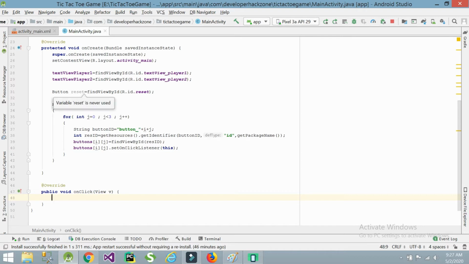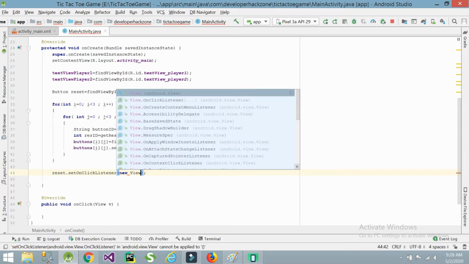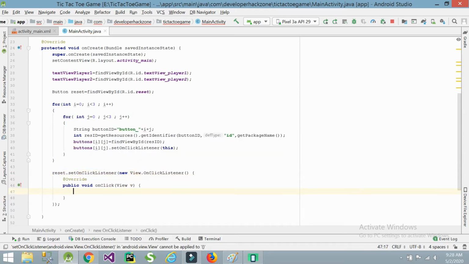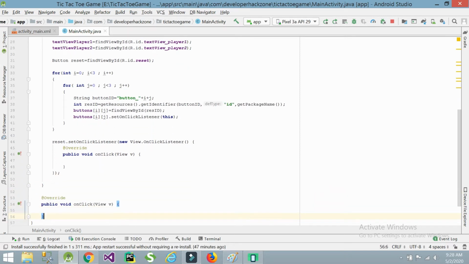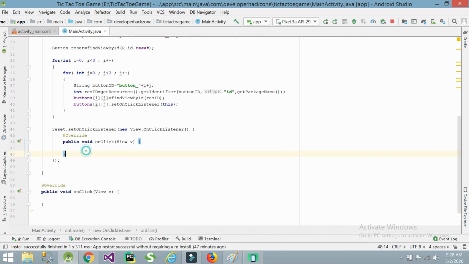Like that, we have another button, reset. I am writing a reset function also here, with setOnClickListener. If we want to reset the game, we will use the reset button.